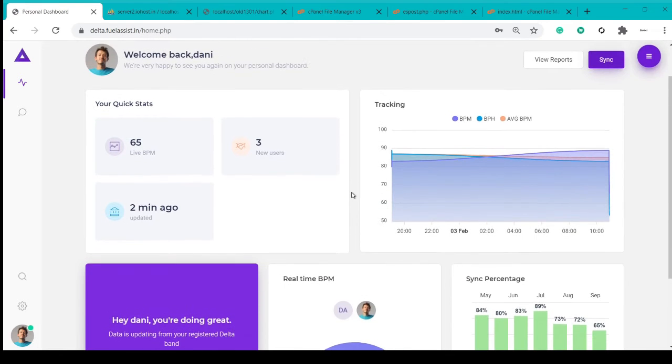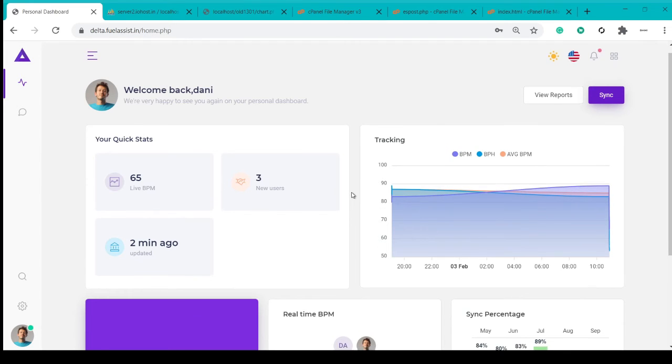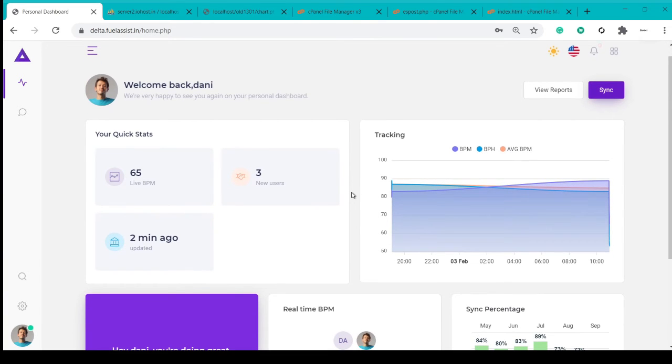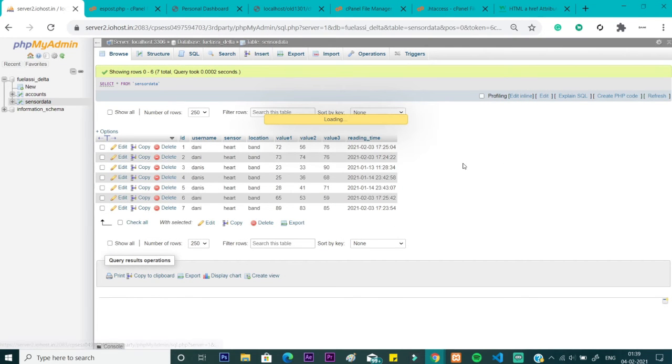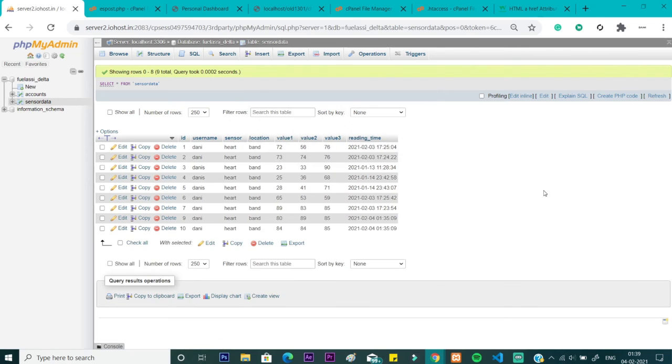Whatever data is obtained from the NodeMCU of the particular user with respect to the specific API key, if the API key does not match the one present in the database, the complete pushed data is removed. If the API key sent from the NodeMCU matches the server's API key, then the data is fetched into the MySQL server. You can see the sensor data records updated in this MySQL server along with the username.